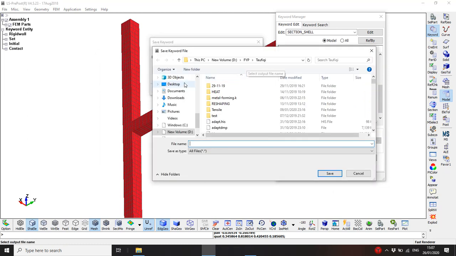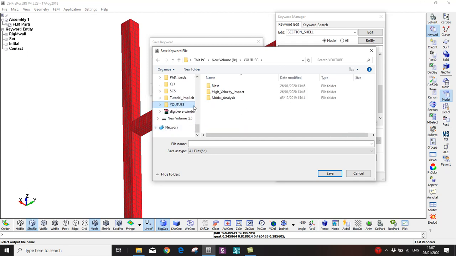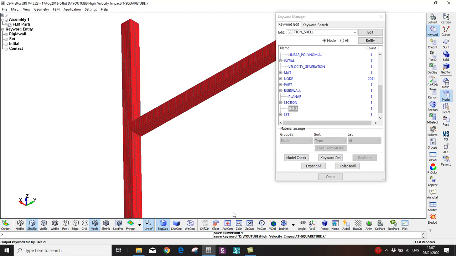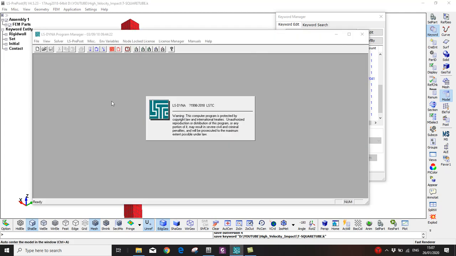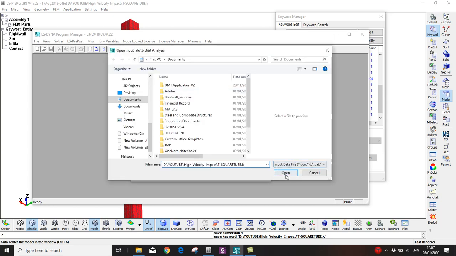Pause. Stop. I go here. I've lost the impact. T square tube. Okay, I saved it. I open here. Browse where you save the guide. So this is the file,